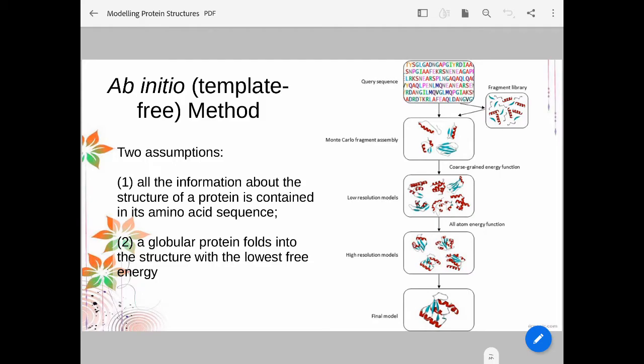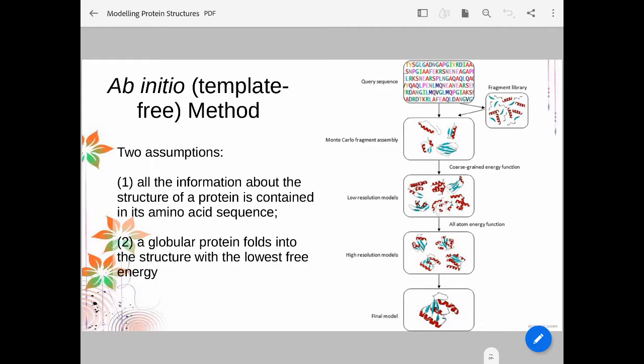So you use a coarse-grained energy function to assess the free energy of each domain or fold, and you form low resolution models from the coarse-grained energy function. So basically, from your fragment library, you assemble the fragments into all of the possible structures, and you calculate the energy of those. You choose the lowest energy from the coarse-grained calculation. When you say coarse-grained calculation, this requires lower computational resources, but again, the models here are of lower resolution. So it's like filtering which is the best structural model from all of the possible models you have. Now, coarse grain, of course, means the filter is